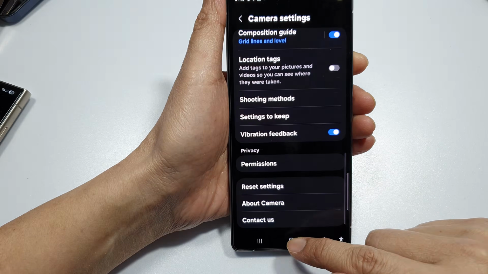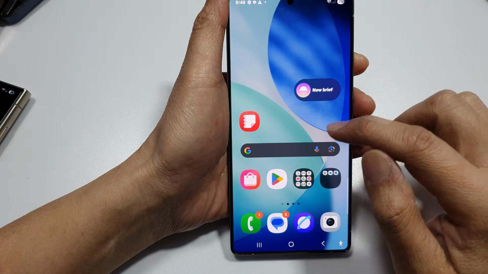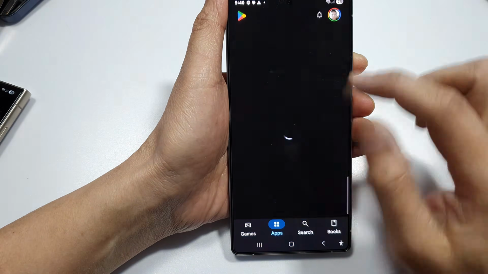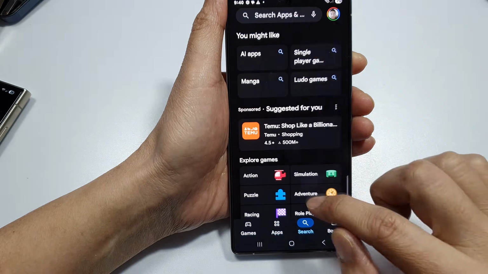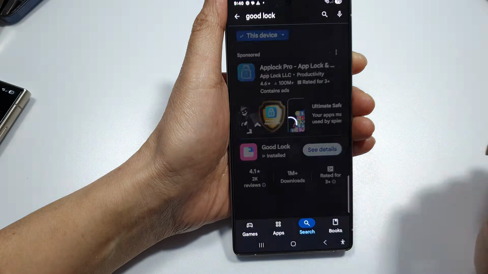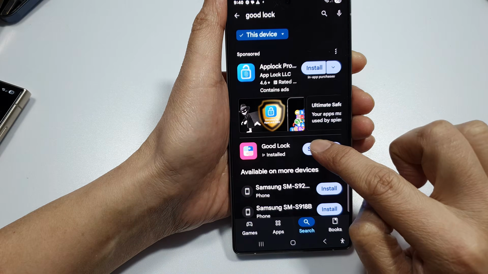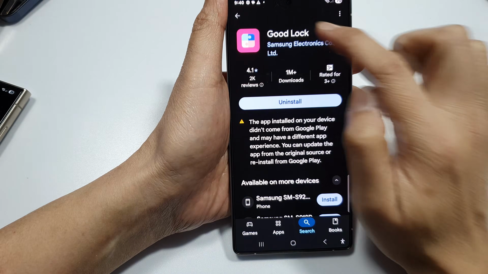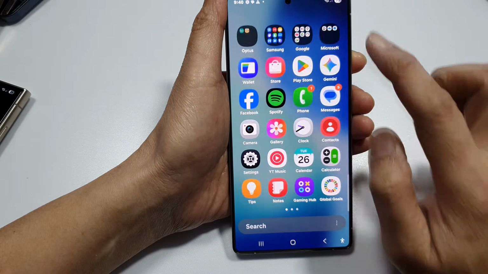Okay, so what you need to do on your phone, you need to go to Play Store and install an app called GoodLock. So here we got GoodLock and install it. Then open up GoodLock,